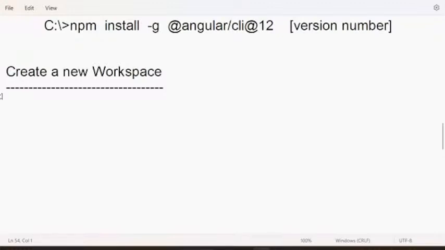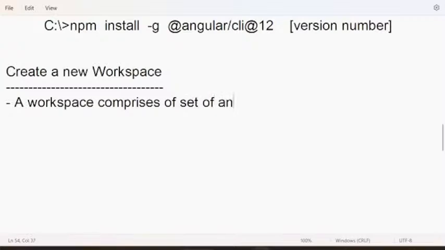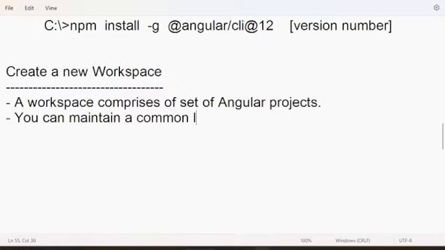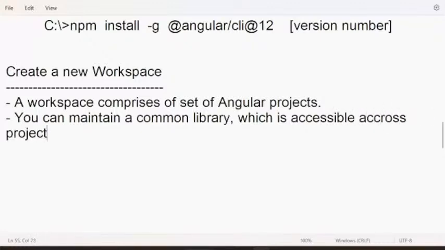Actually, what is workspace? A workspace comprises of, first point, a workspace comprises of a set of Angular projects. So you can maintain a common library which is accessible across projects.